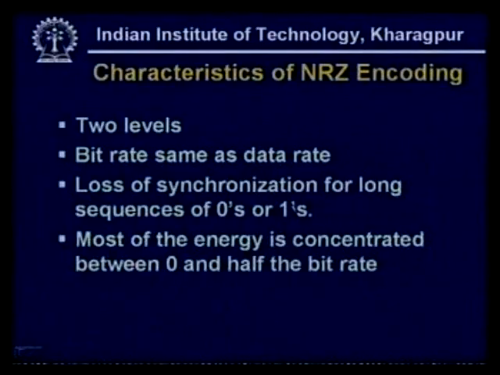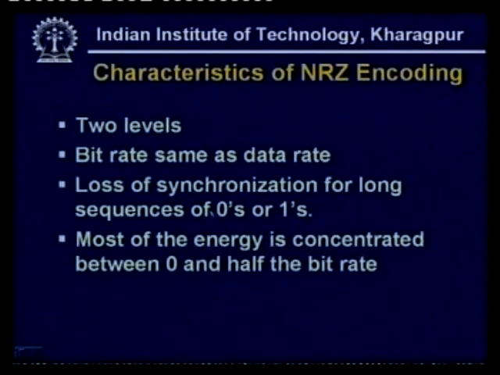So, here are the characteristics of this NRZ encoding. Here you can see it has got two voltage levels, plus A and minus A. Here the bit rate is same as the data rate, because the number of signaling elements per bit is 1. So, data rate is same as the baud rate. In other words, here M is equal to 2. There is loss of synchronization for long sequences of 1s and 0s. So, whenever you send a long sequence of 1 or a long sequence of 0, you will find there will be loss